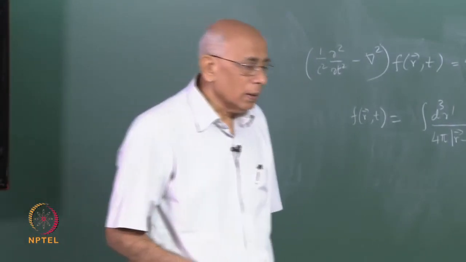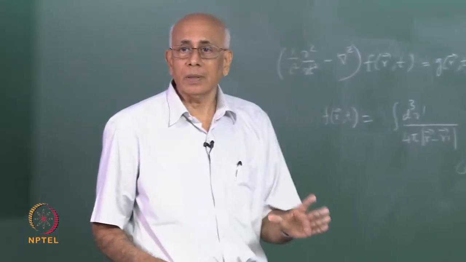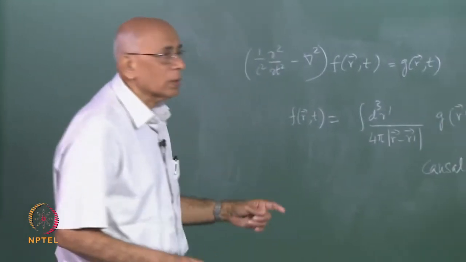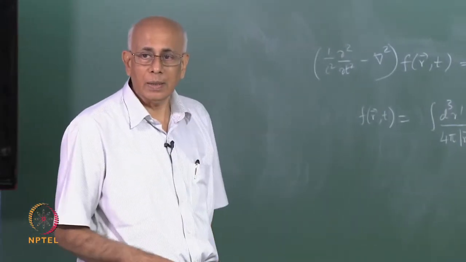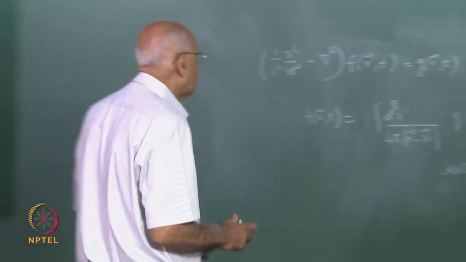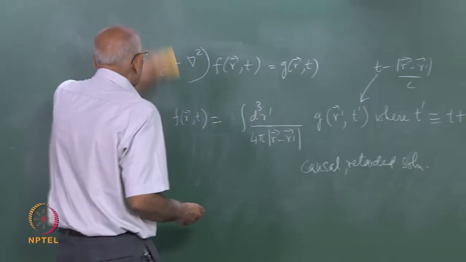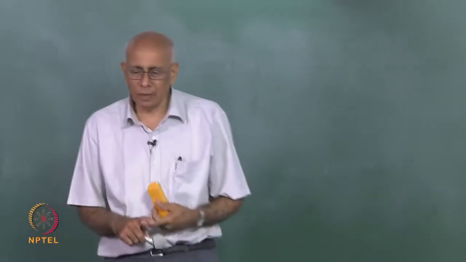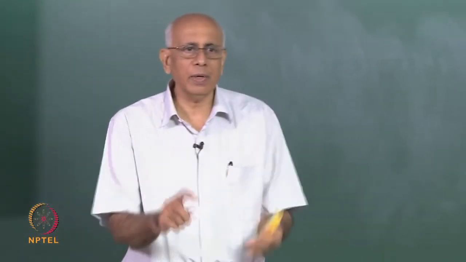Okay. Now the question is, what happens in higher dimensions? I can mathematically look at it and ask, what do I do about the Green function in an arbitrary dimensionality, d greater than or equal to 4 for instance? Well, that requires a little bit of effort, but there is an interesting way of doing this problem, and that requires relativistic invariance. That is, if you for the moment say that c is the speed of light in vacuum